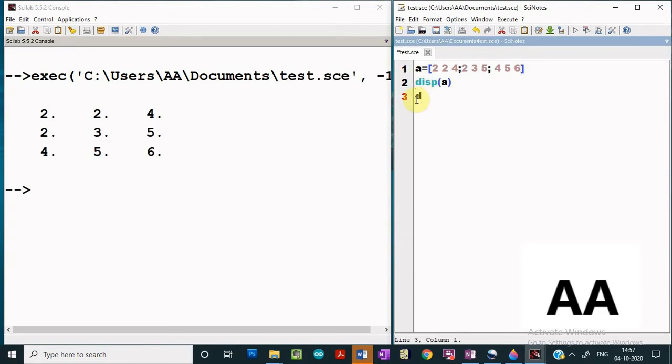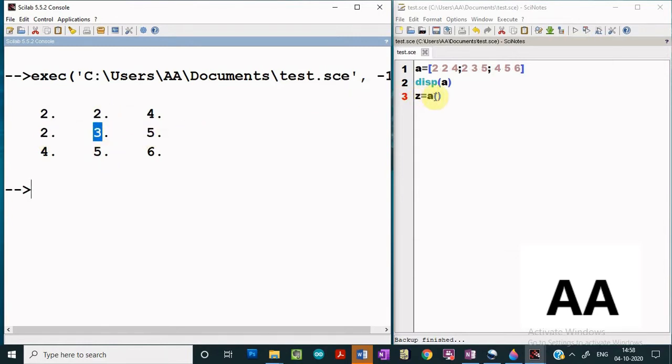For that we have to use A, the name of the matrix, and then the particular element you are interested in. Suppose I wish to access this element 3 over here. So we have to see the index for this particular element. What is the index for this element? This belongs to the second row and second column.